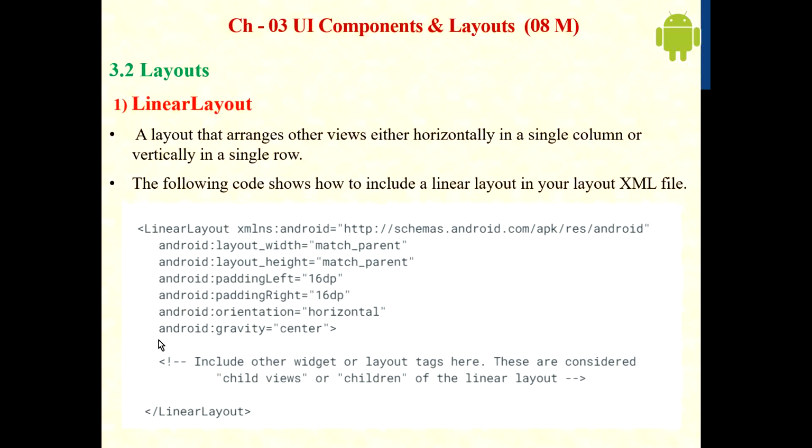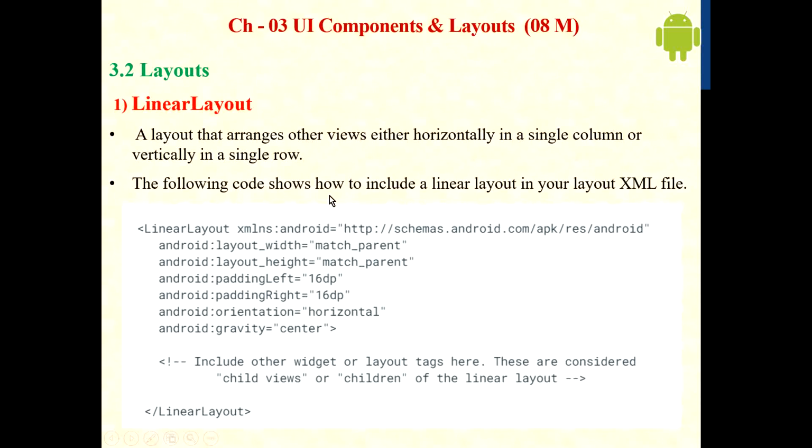First is linear layout. Okay, a layout that arranges other views either horizontally in a single row or vertically in a single column is called linear layout. Okay, so components are arranged either vertically or horizontally. Okay, here is the code.